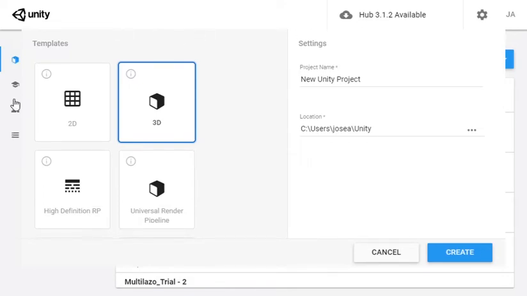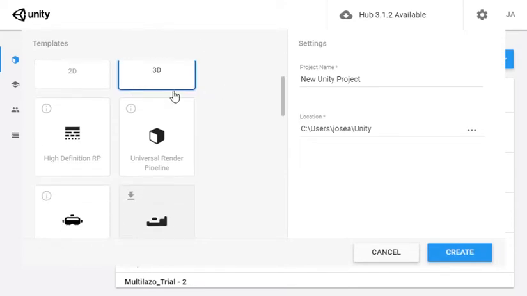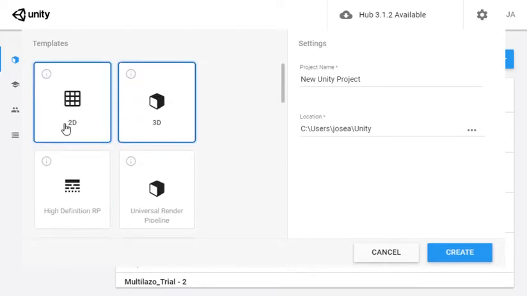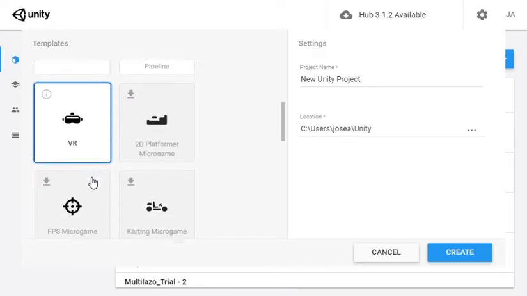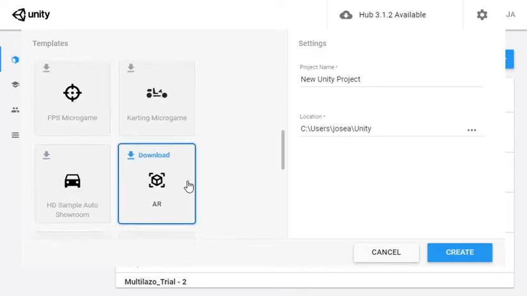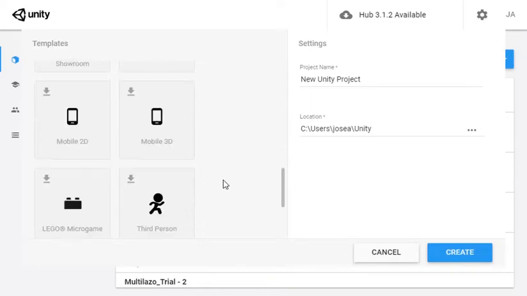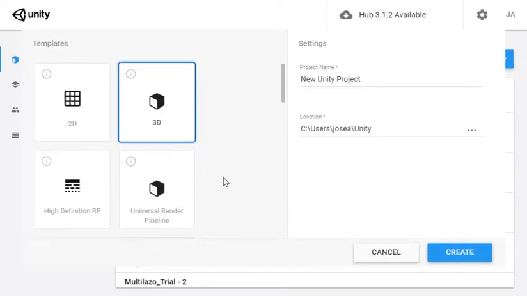which template you want to use. A template is some pre-made scenario that Unity has already built for you in case you want to build a 2D game, or a 3D game with very cool graphics, or even extra cool graphics, or if you want to create a virtual reality template for a virtual reality application. So here you should just choose the one you want. In order to create a virtual tour, we're going to use the 3D template, and here you can just type the name. I'm just going to type VR tour sample,